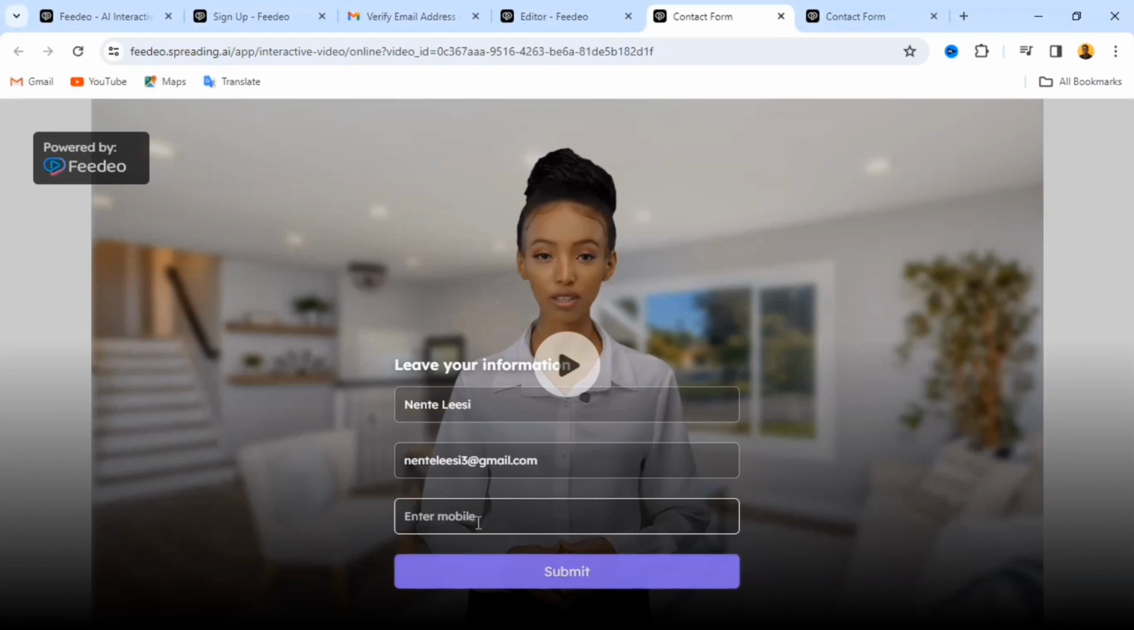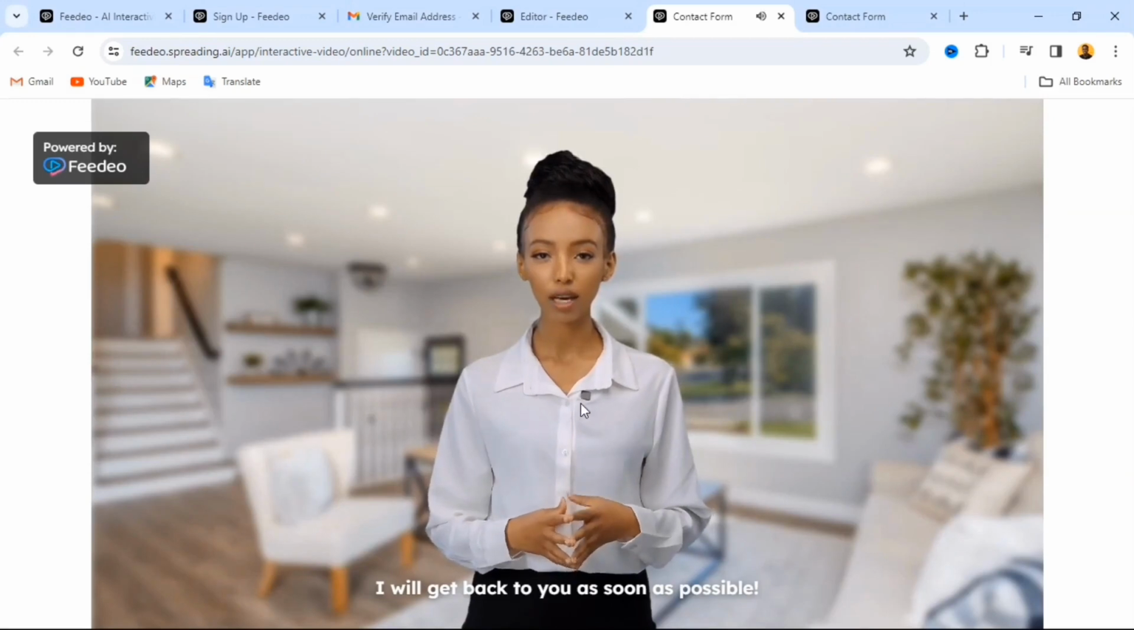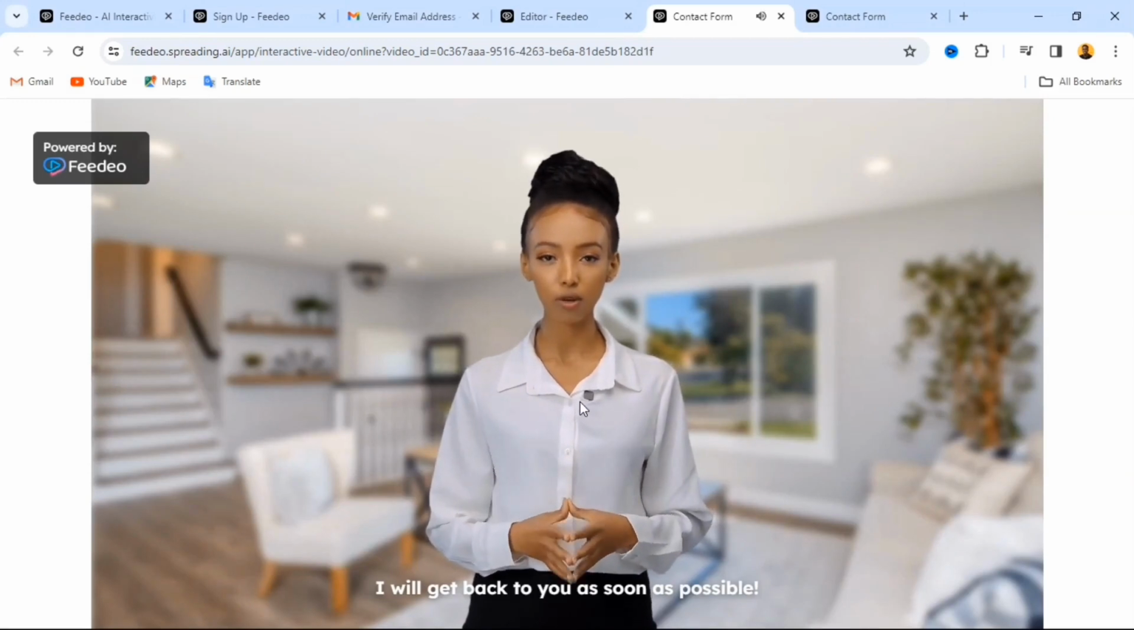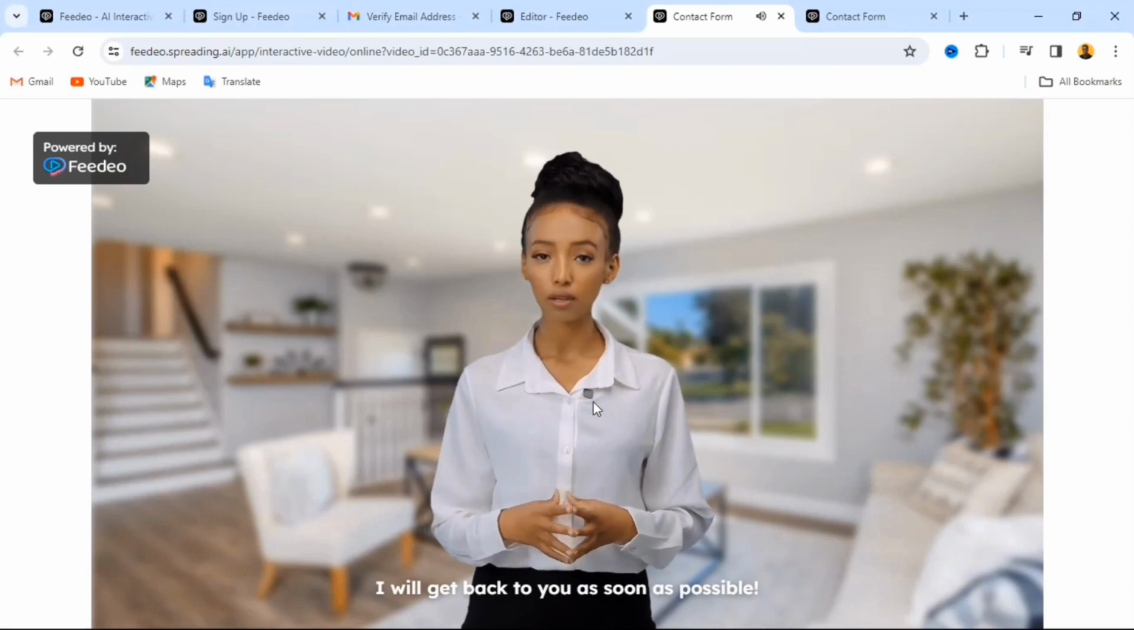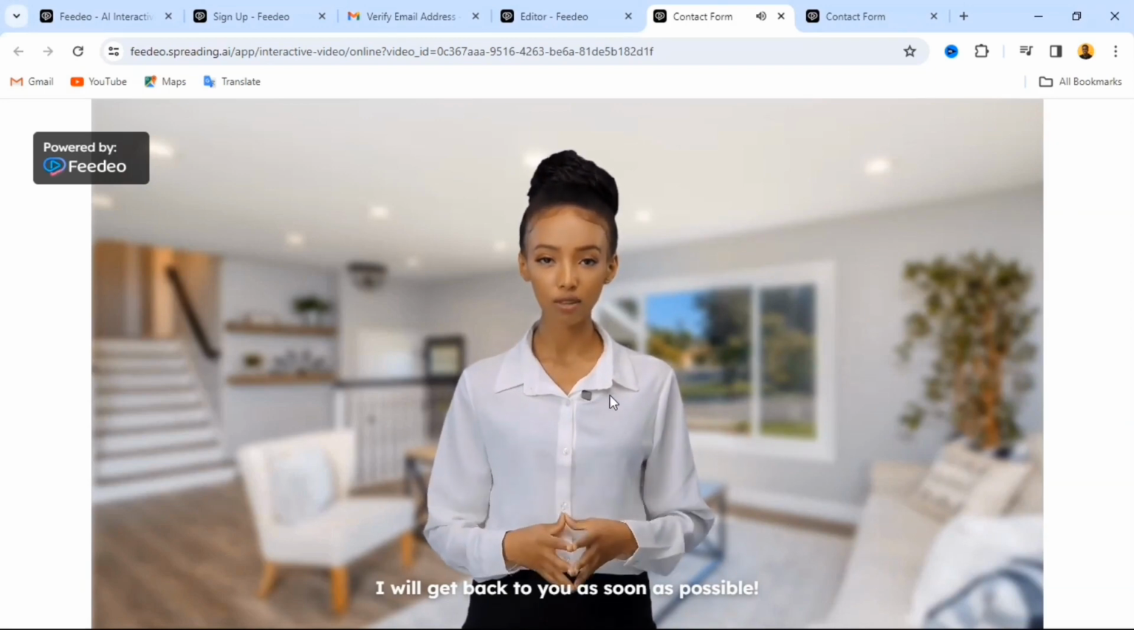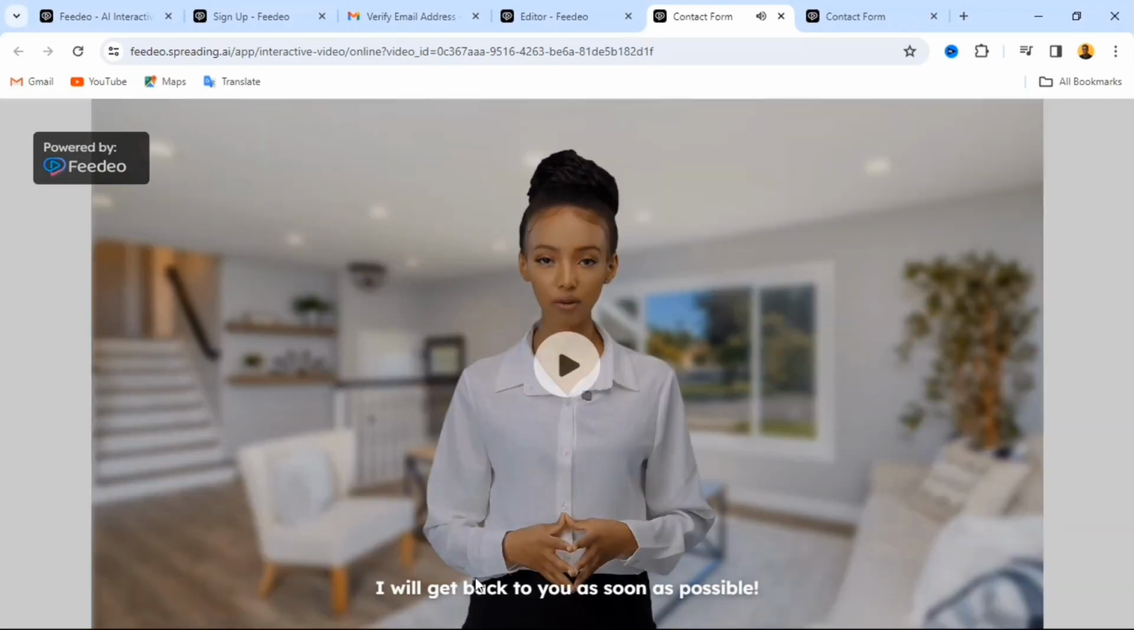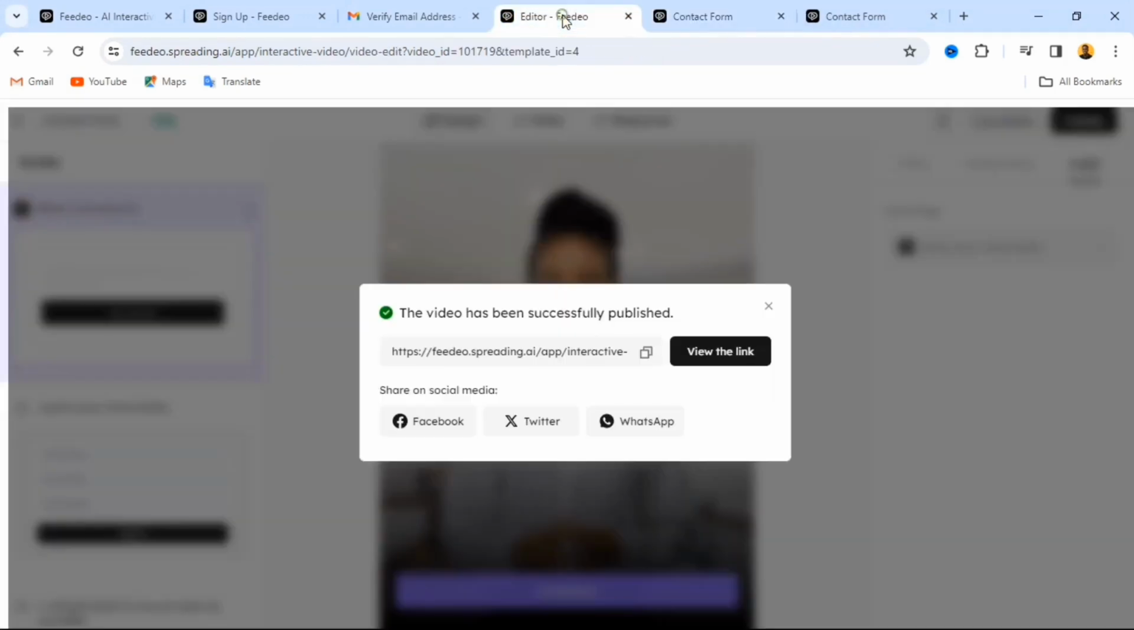Then you go down here, enter your phone number. Then when you're done, your customer will click on submit. Thank you for providing your contact information. We appreciate your willingness to stay connected with us. We will reach out to you as soon as possible. So you can see that it's even written here, I will get back to you as soon as possible, and that has been submitted. So now let's go back to our